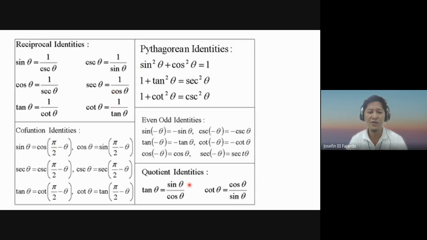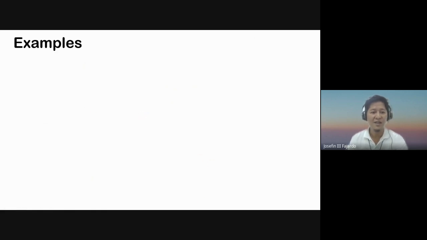Pag nakakita ka ng 1 over sine theta, alam mo na agad na cosecant theta yun. And then ito naman, kapag may 1 plus tangent squared theta, secant squared theta lang siya. So you can have this. Okay, just like this one. If I have this,